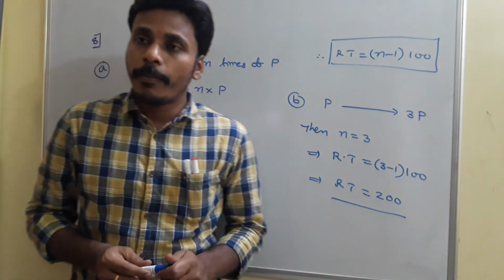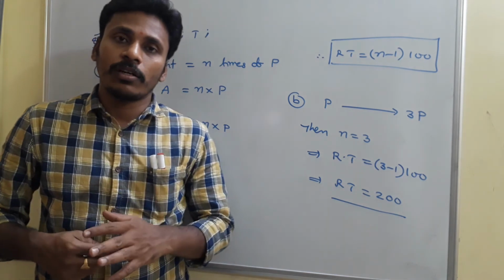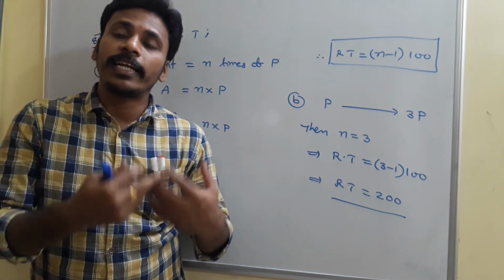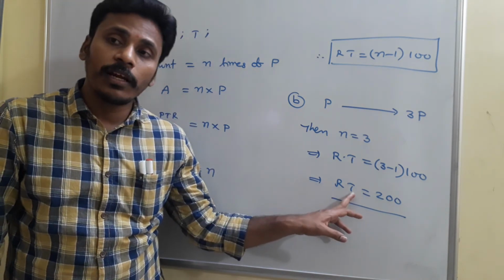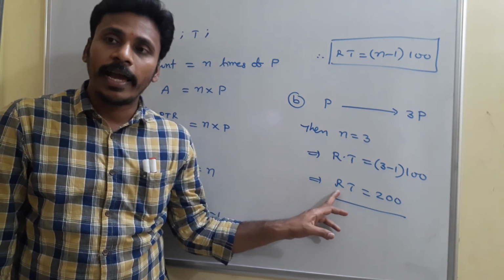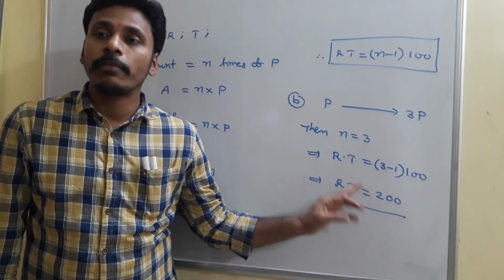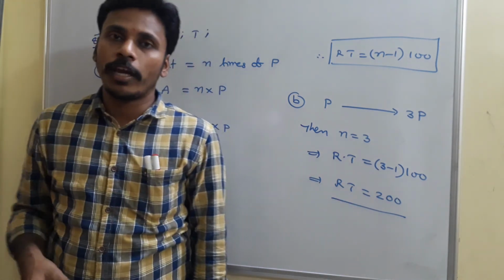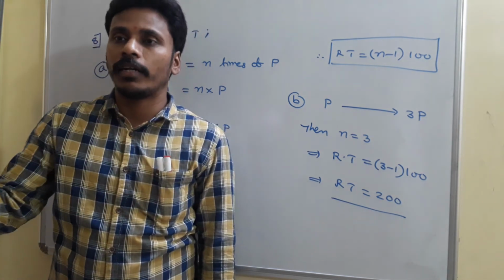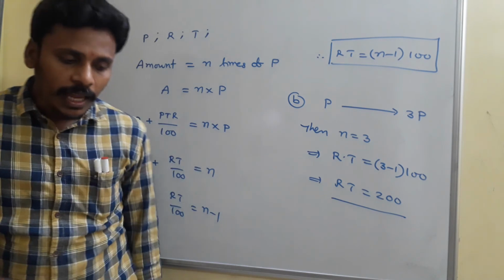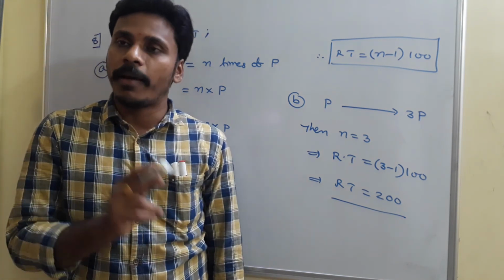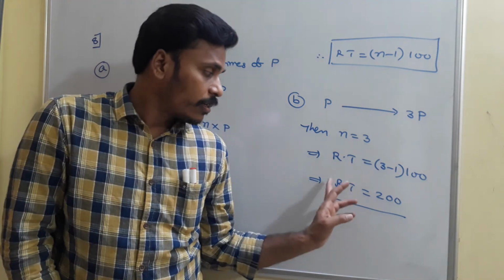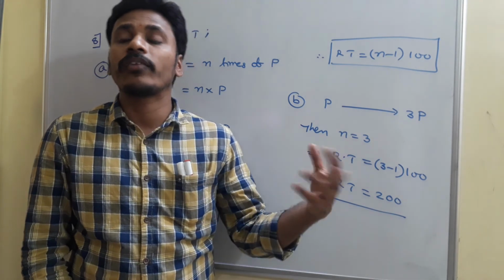Suppose a bank is offering a rate of interest of 10% per annum, then to make my principal 3 times the principal, I need to invest for how many years? Since the rate of interest is 10% at the bank, the product should be 200, so the time must be 20 years. See, using this relation we need to search for different banks. Rate of interest is different in different banks. So as per the rate of interest offered by the bank, we need to invest our amount for as many years as makes RT equal to 200, so as to get 3 times the principal.